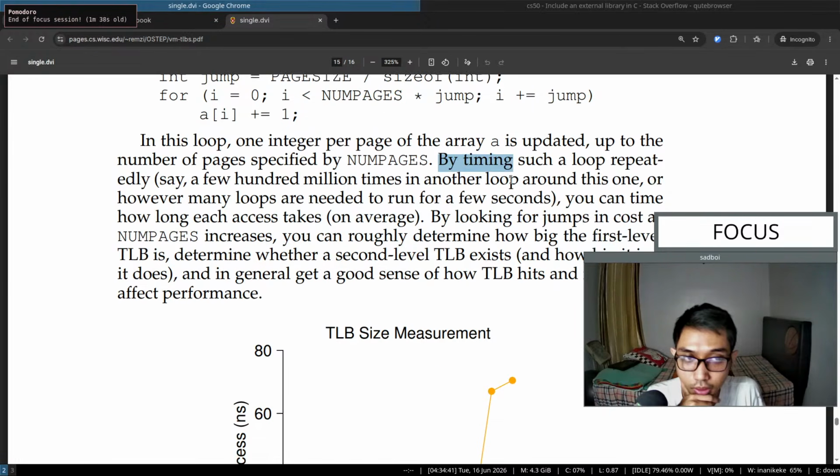By timing such a loop repeatedly, say a few hundred million times in another loop around this one, or however many loops are needed to run for a few seconds,